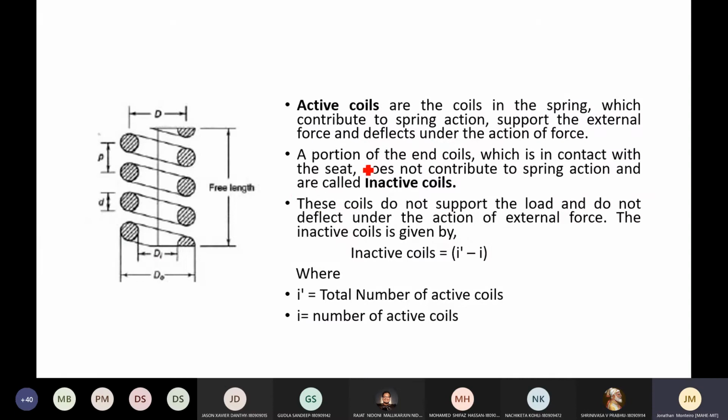Okay, one more important concept: active and inactive coils. Now that we have already discussed the parameters, what are active and inactive coils? Any coil for that matter. We will take an example of a suspension system itself. Say for example you have a chassis, and there is a rocker arm or something like that. Very typical. And here you have the bearing on which the wheel is mounted. Now you want a spring to be attached like this, so that it will give the action of suspension.